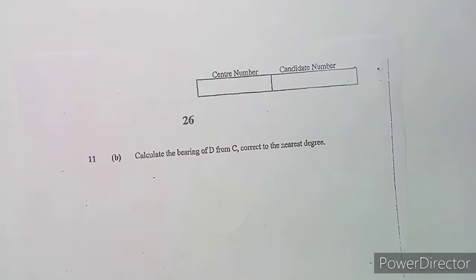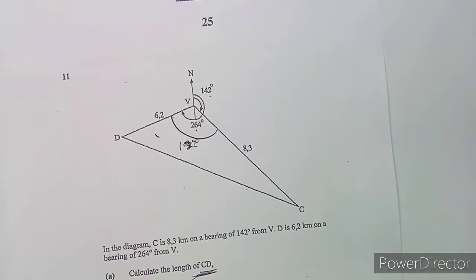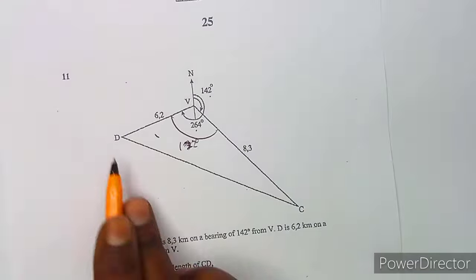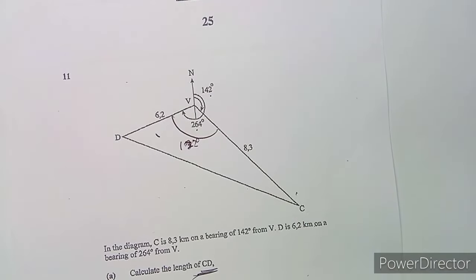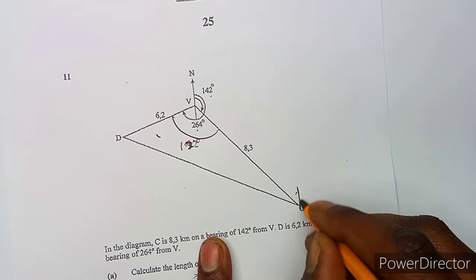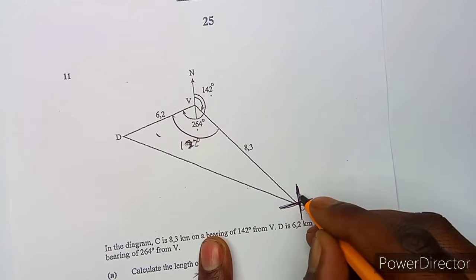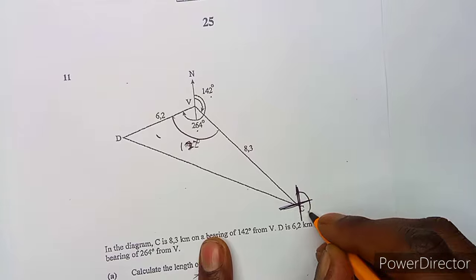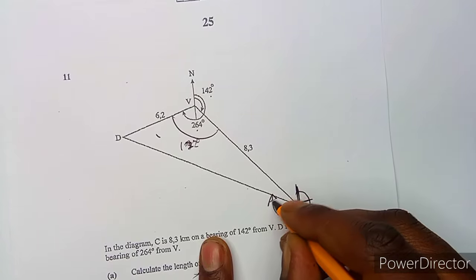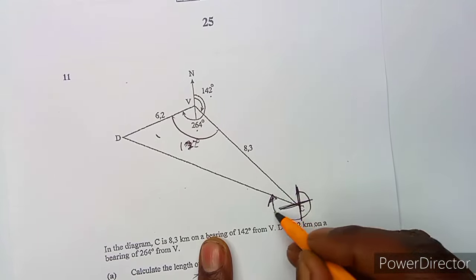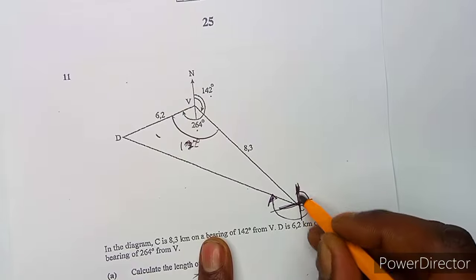All right, D from C, that is this angle here. D from C, this is your C. So what you do is that you're going to indicate a north pole here at C. All right, so this is what you're going to have. So this is the bearing from C, the north to the angle, this one. This is the angle from the north pole in a clockwise direction. This is what you're going to have here. So as we can see,